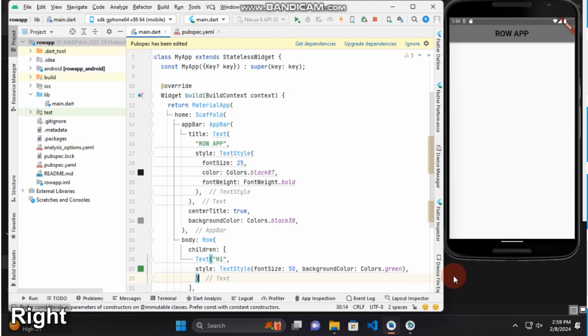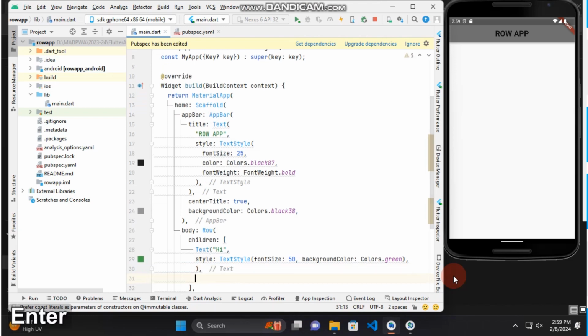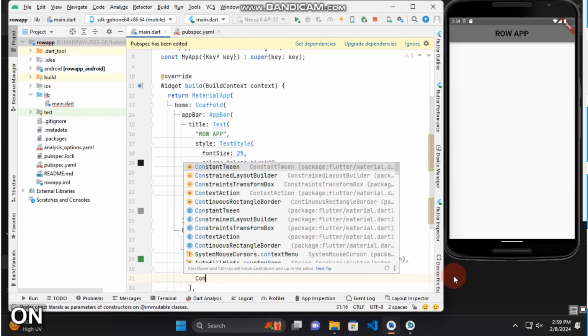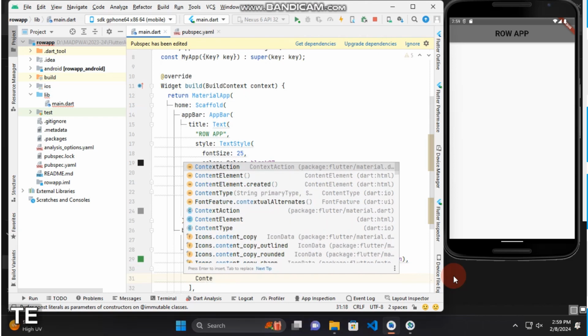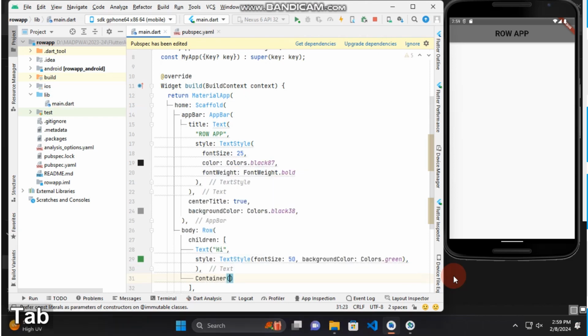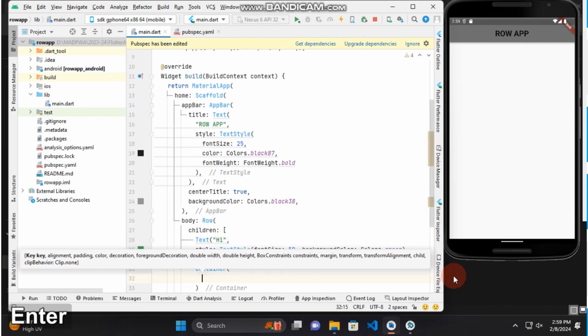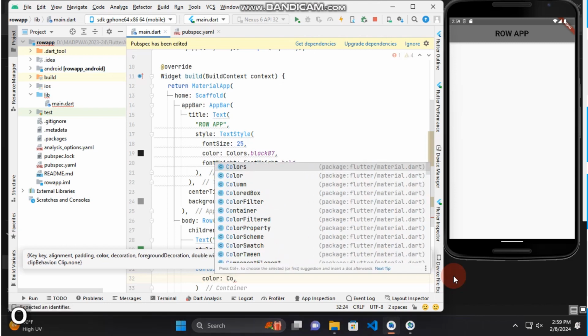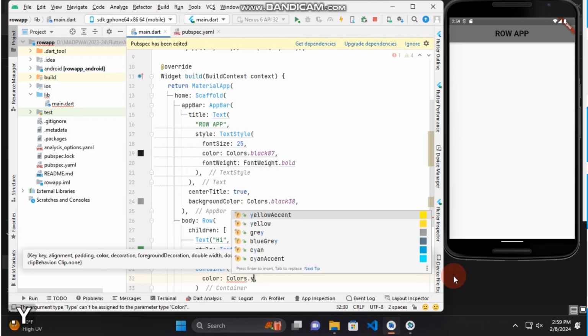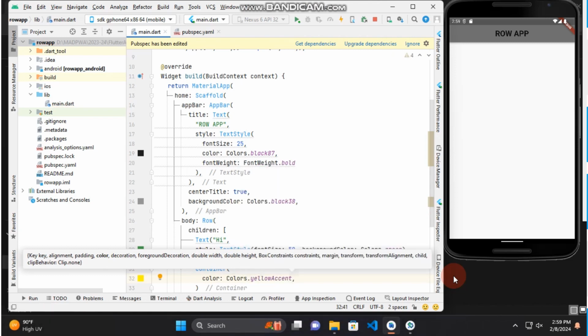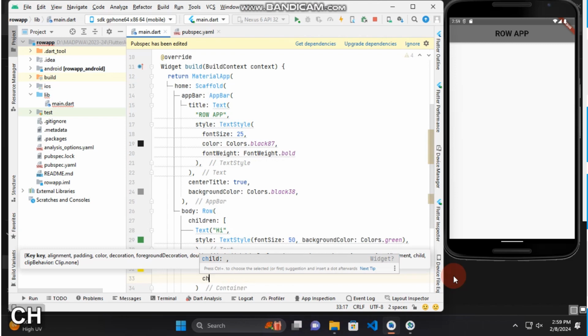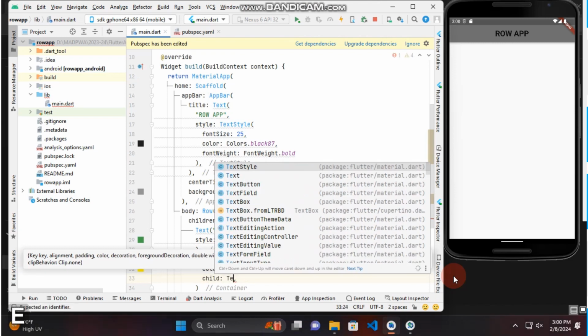It could be of a different type. For example, I am using a container. Now in the container I am nesting again another text widget as a child. First of all, I'll change the color or use the color property. Colors dot, for example, yellow accent. Then the child widget. In the child widget I'll use text. I write some text, suppose Hello,